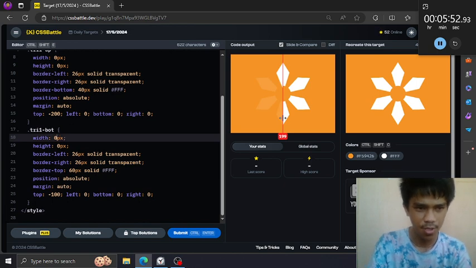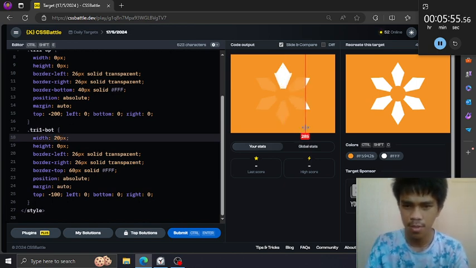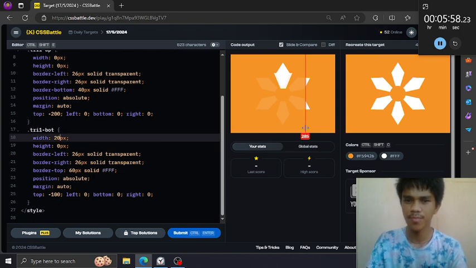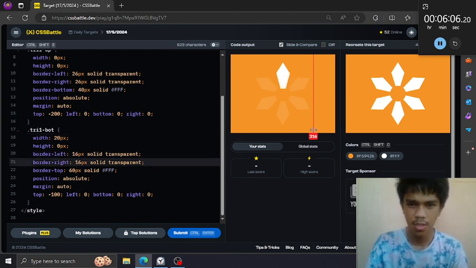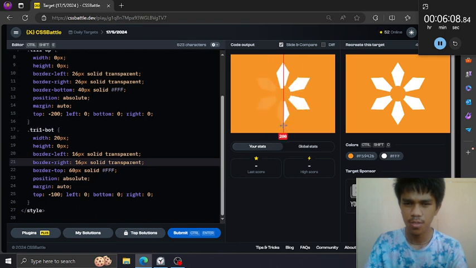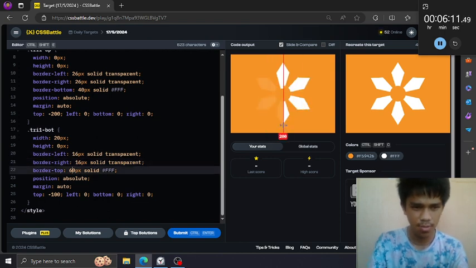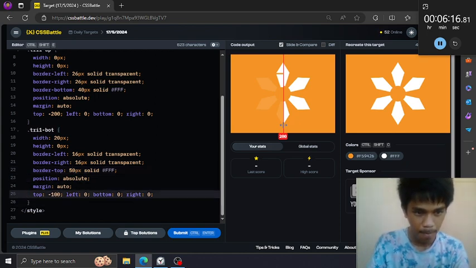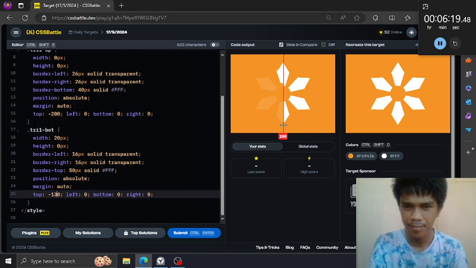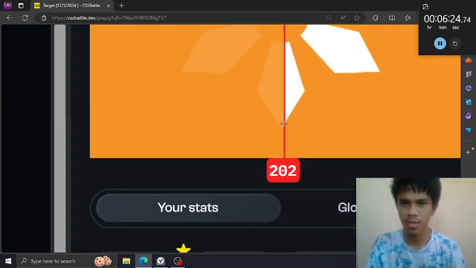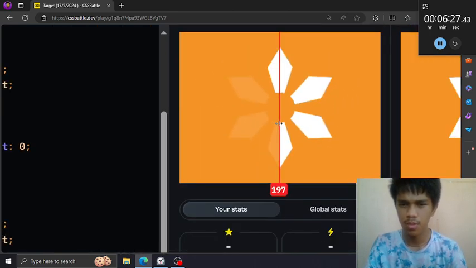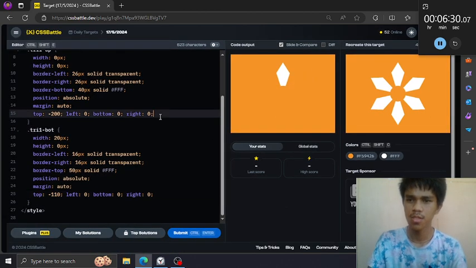Let's put a width here to make that plain bottom. Okay. Reduce this, and so let's reduce also this one and push this to the top. Zoom this in. Okay, I'm okay with this one.